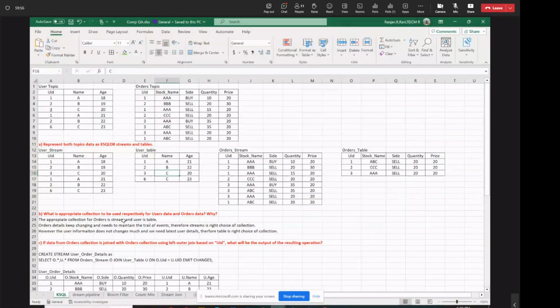So they're asking which are the right set of collections. Collections of two types we have read, right? Stream and table. So they're asking, for example, user topic, right? What would you make? User as a stream or as a table? And like of order, would you choose to make it a stream or table? So the answer is user, we will go with table, and orders will go with stream, because orders data is